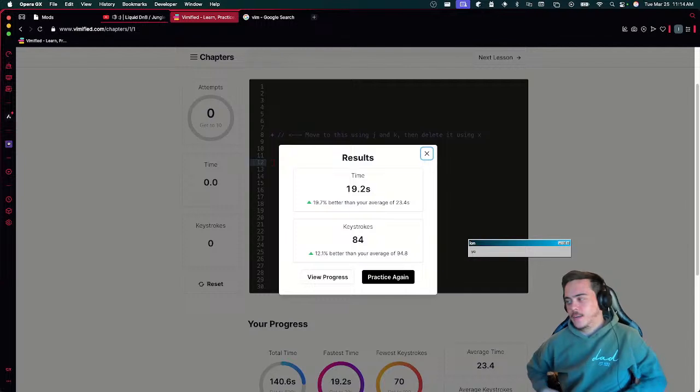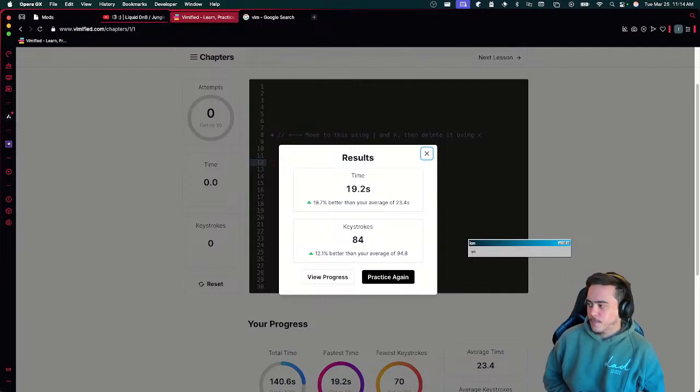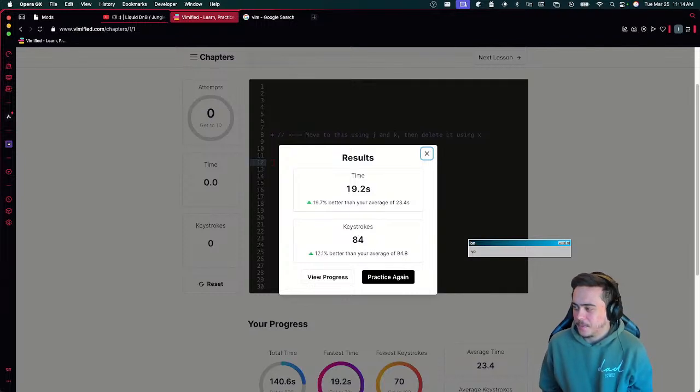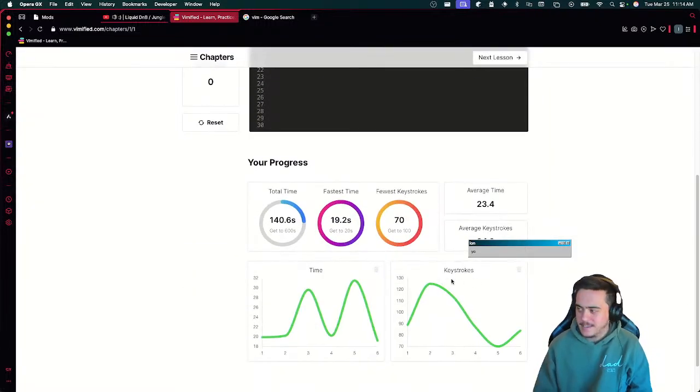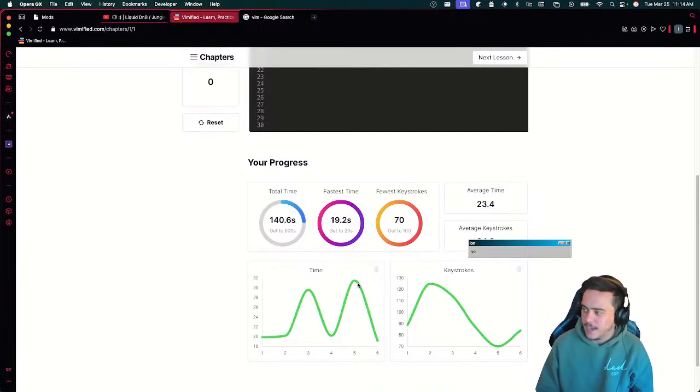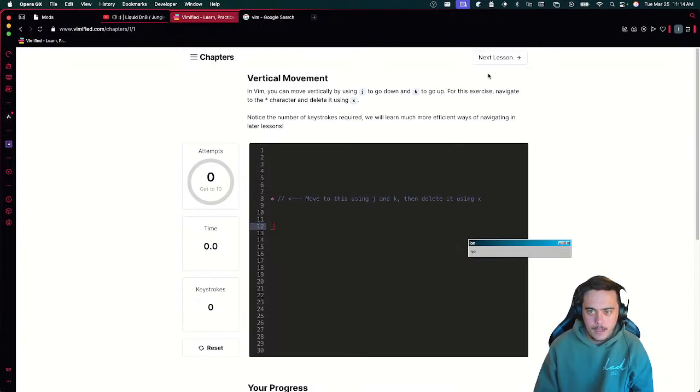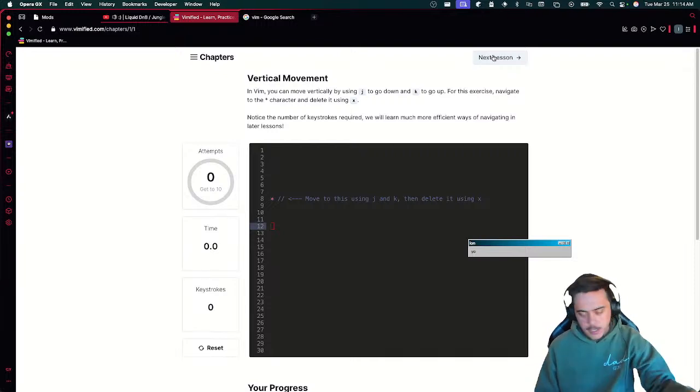All right. Yeah, they made this a video game. I don't know how much this is actually going to teach me about writing code. I mean, I already know how to write code, but actually editing it is going to be different. So let's view the progress. Look at that, a good sine wave. We could probably train a neural network to type as shitty as I am right now with just this data. So we got vertical movement. Let's crack open the SunED.